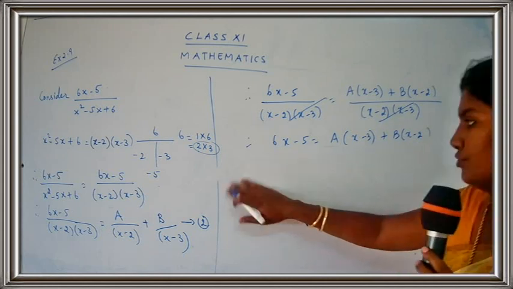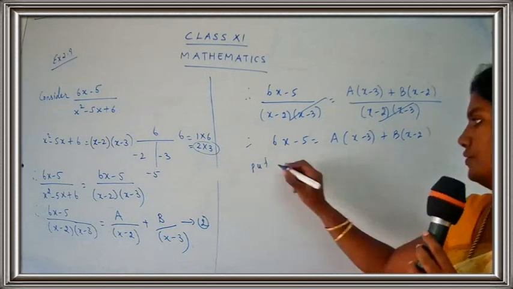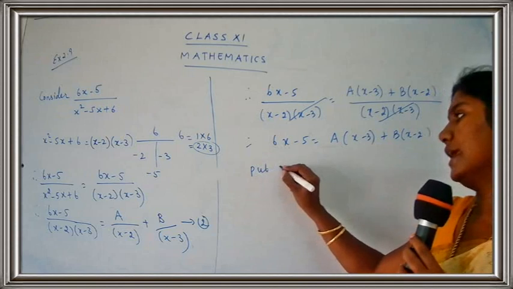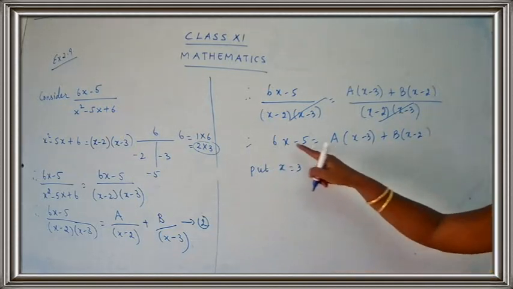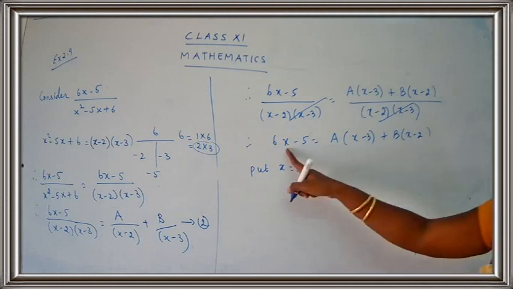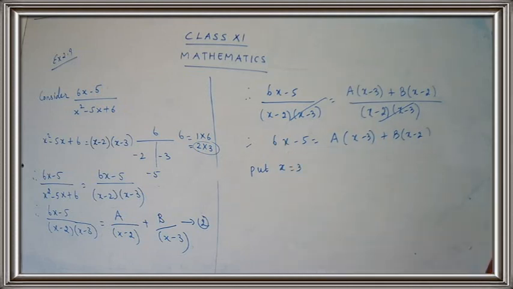Come on, let's do the work. So you have to take the first one as x is equal to 3. So write down here, put x is equal to 3. Come on, substitute the value for x. Wherever you have x, you have to put that 3. You have to put here also 3. Here also you have x. Okay, so just do it properly, children. Come on, substitute the value for x and get the answer. Do it properly, do not make mistakes.